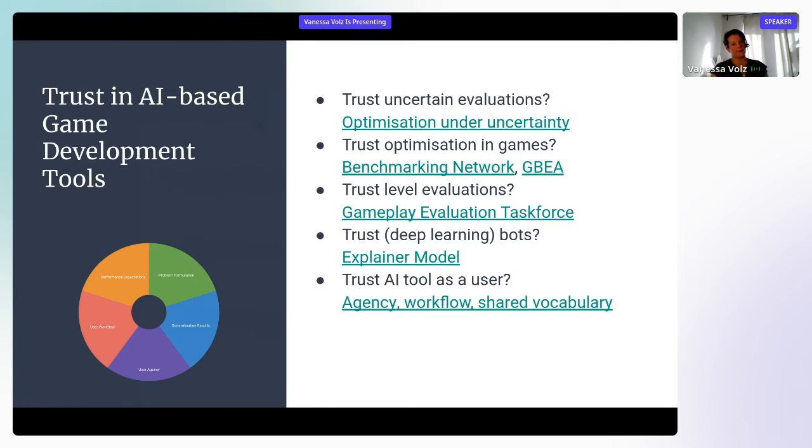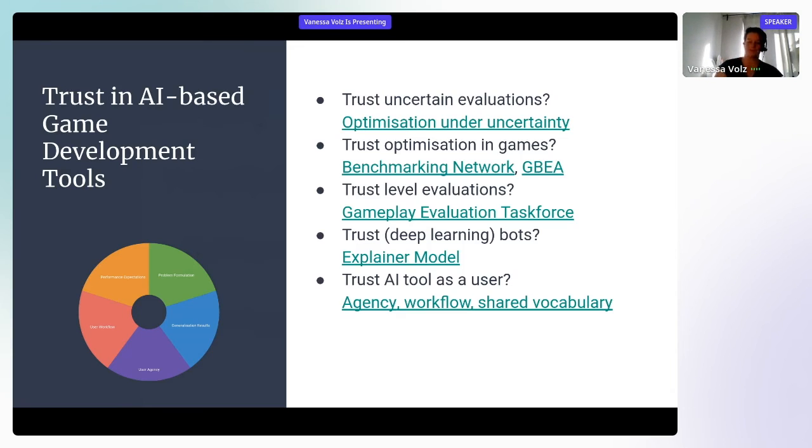And so basically, this is an overview of some of the trust questions that I've encountered in my work in model AI and also previously in academia. The thing that I wanted to show here is that it's on different topics, but some also need different solutions. It can't just be us benchmarking in our little corner. It also has to be interdisciplinary approaches. And a lot of it is also about shared vocabulary and knowing about the application enough to be able to